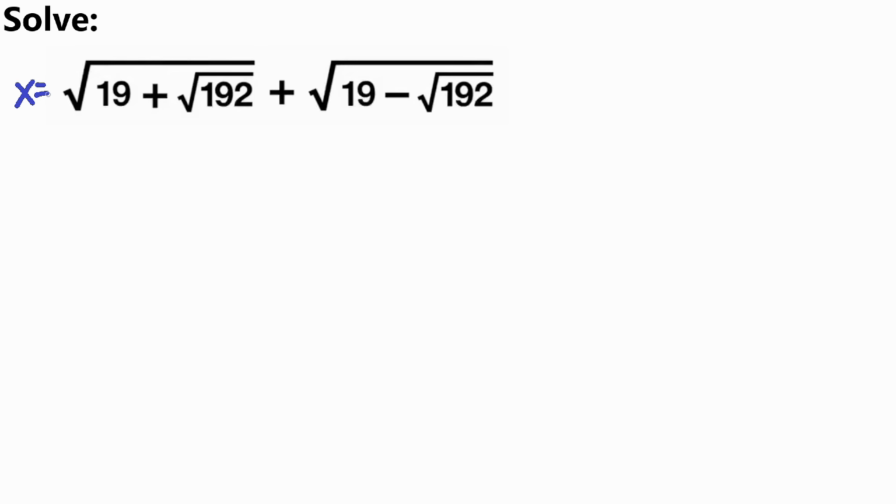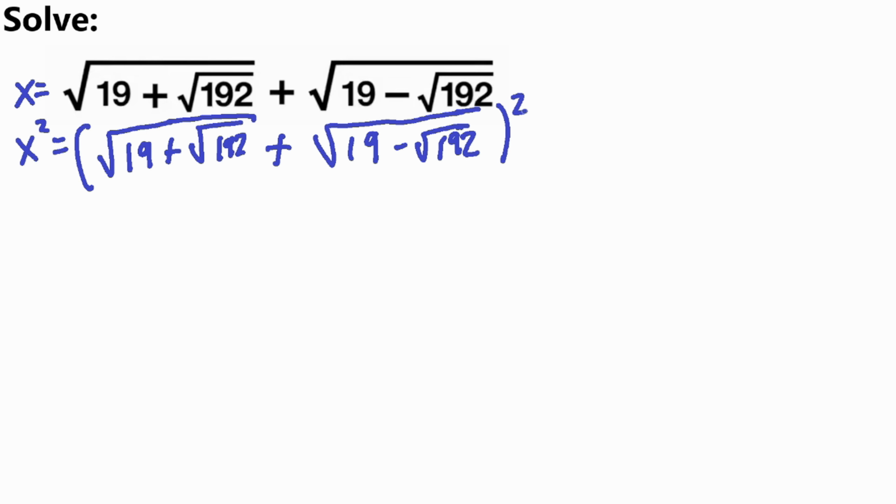And first thing I want to do is, this looks complicated, right? So I want to get rid of the square roots that are present. And how do you get rid of square roots? What's the opposite of square root? It's squaring, right? So I'm going to square both sides. So x squared is written as x squared, and then that would be equal to, and now I'm going to just square everything that's here all together. So this 19 plus,